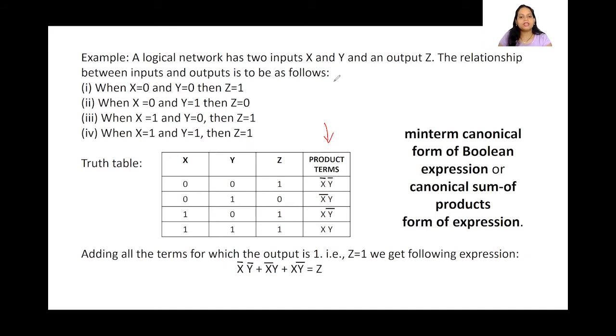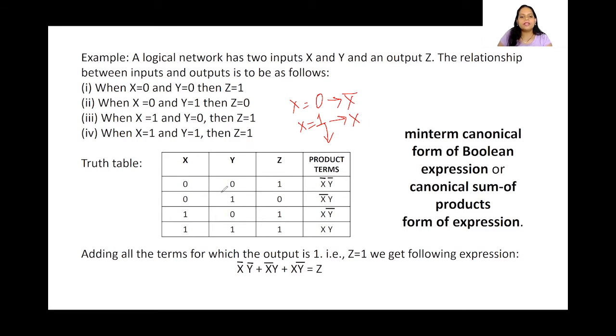When we were learning minterm, we knew that whenever the value of a variable is 0, we are going to represent it as x bar. Suppose the x value is 0, then we will write it as x bar. If the value of x is 1, then we are going to represent it as x, isn't it? So that is what we are doing here.